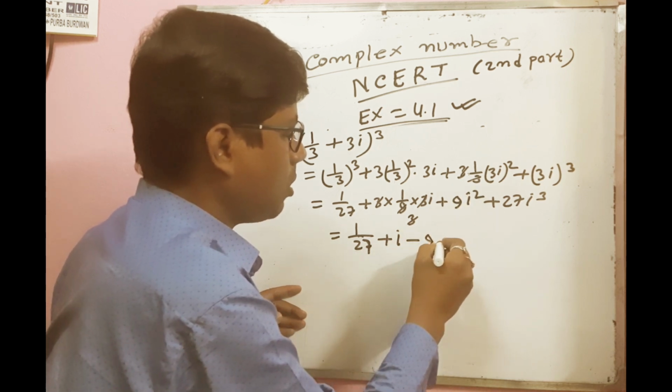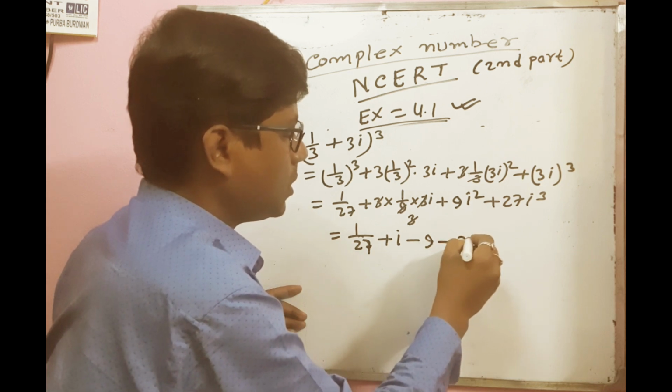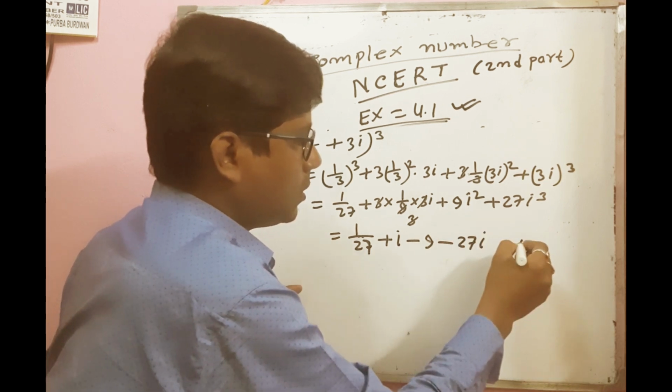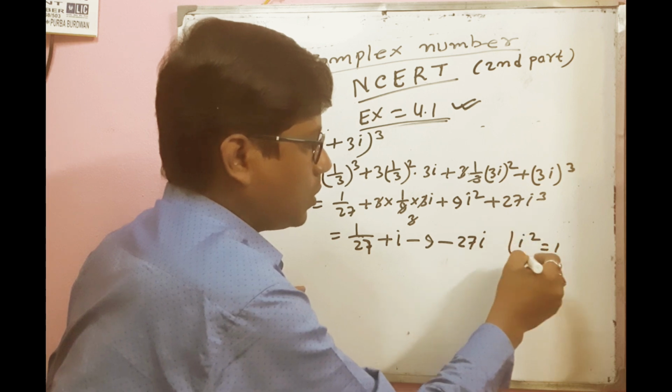By putting i square is equal to minus 1, since i square is equal to minus 1,